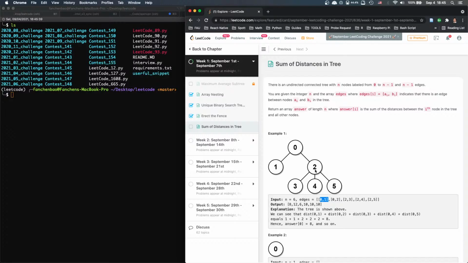How do I know that? Well, I know that because, let me think. In this case, if I want to calculate the distance between 1 and 2, and I know 1 will go out to 0, so it's the same as calculating the distance between 0 to 2, which I already know, right? So if I want to know 1 to 5, it's the same as to know 0 to 5 plus 1 to 0,